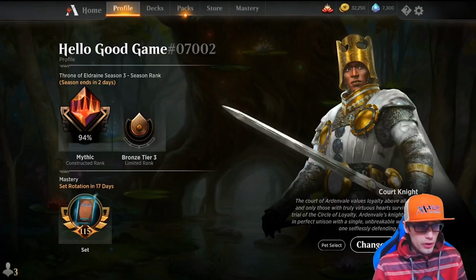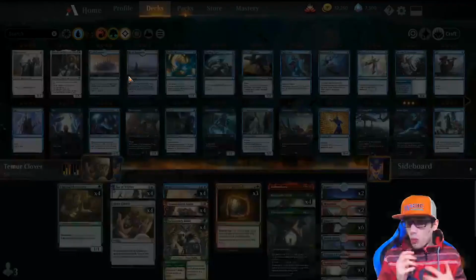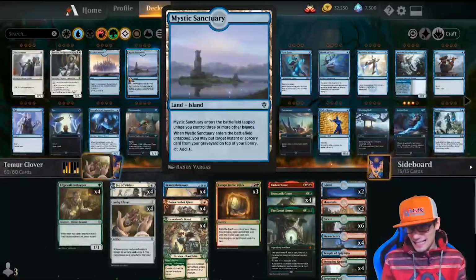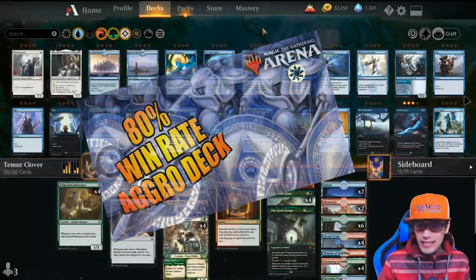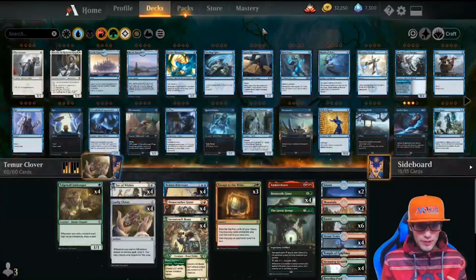Let's get right into it though. Today we are playing Temur Clover. Yesterday we checked out mono white aggro, and this deck is disgusting, you guys. I went from Diamond 3 into Mythic 95% in like 1 hour in one stream on my Twitch channel,